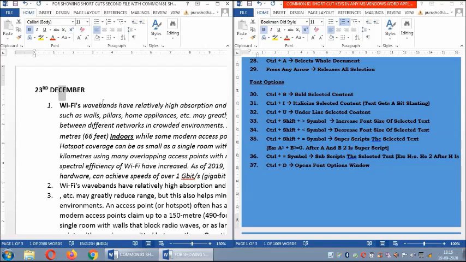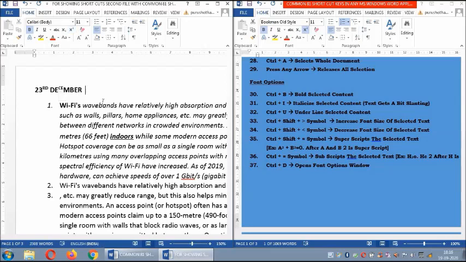Control Shift equal to creates it, and selecting and pressing Control Shift equal to again clears it. Now it is created, and still in the selection state, the superscript is cleared and created again.